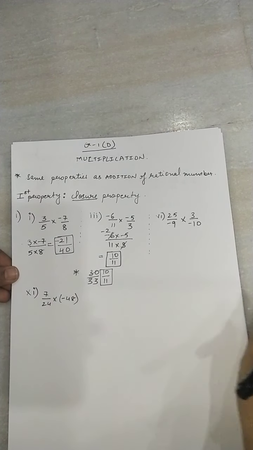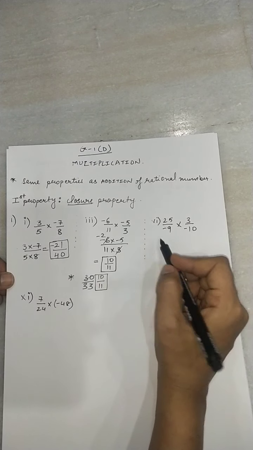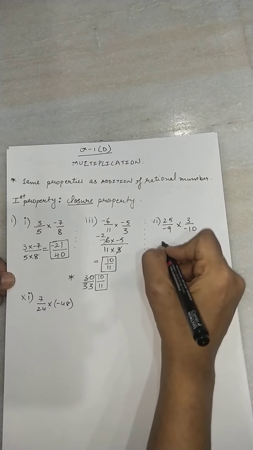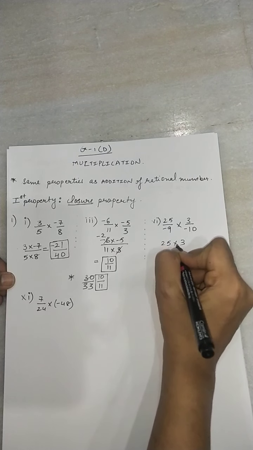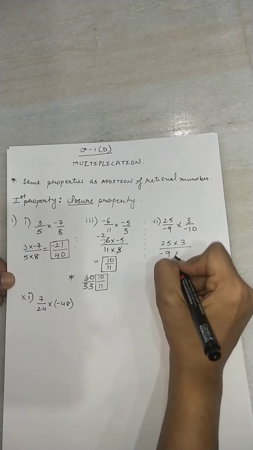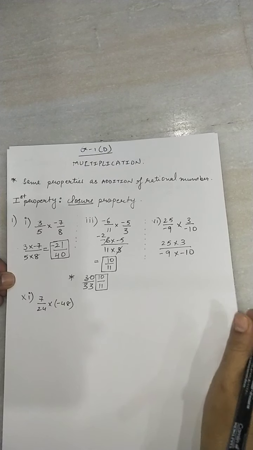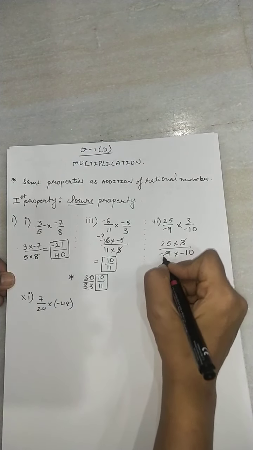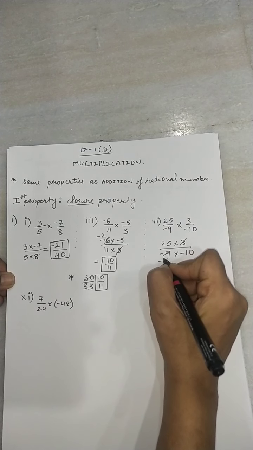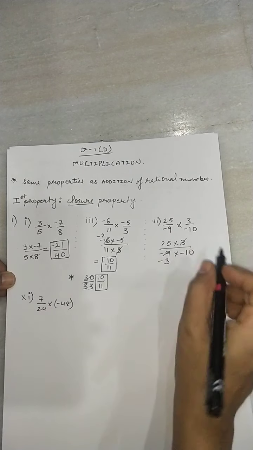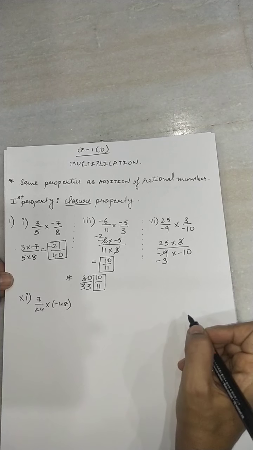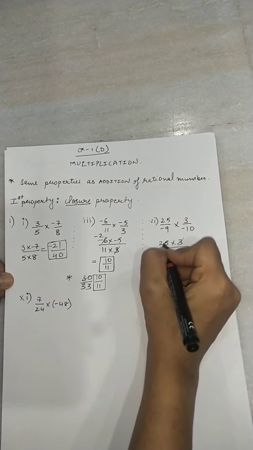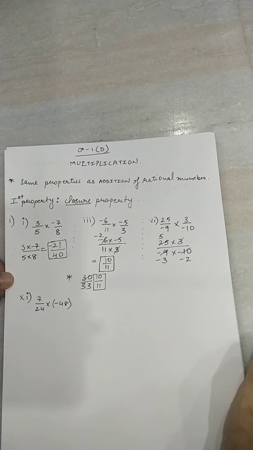I'll do one or two more parts for you. The 6th part, if you see. Now I can see all the numbers I can cut. First I'll write it in this step so that it's easy for me. Now I can see common divisor 3 and minus 3. 3 into minus 3 is minus 9, so I've cut it. Now the common divisor for 25 and minus 10 is 5. So 5 into minus 2 and 5 5s are 25, right?